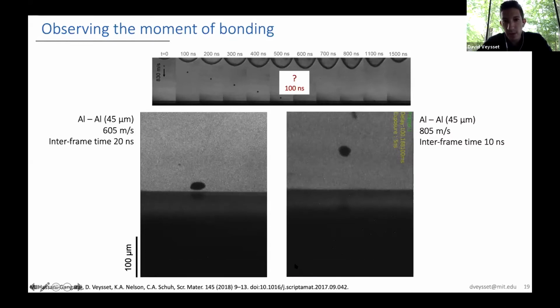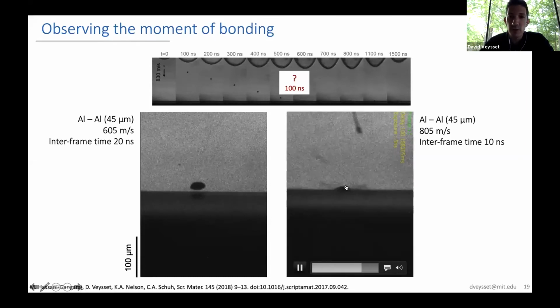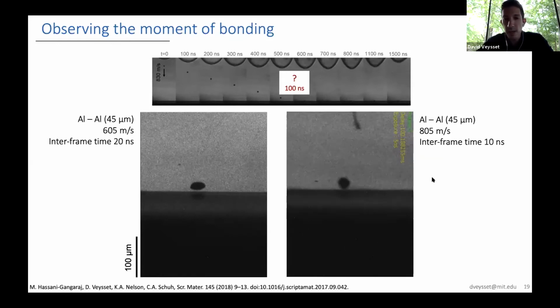Now, as the particle is above this critical velocity, the particle deforms, but there is also this large jet forming at the periphery of the particle, and this large jet is what we attribute to the origin of bonding. So when this jet forms, there's a large plastic strain at the interface between the substrate and the particle, and this large sudden strain and jet cleans the surfaces from oxide layers, and brings into close